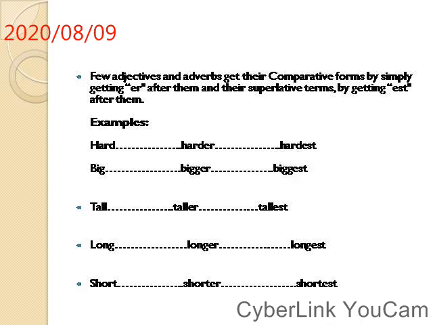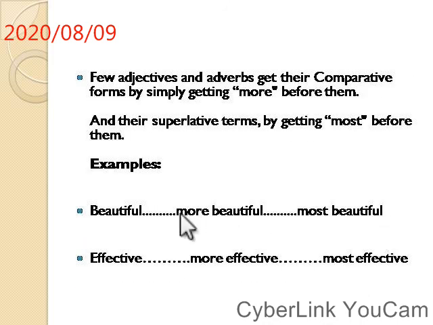Okay. If it is this way, then it should be as beautiful as, more beautiful than, the most beautiful. In comparative degree, the adjective should be followed by than. And in superlative degree, the adjective should be preceded by the: the most beautiful. This is the way you must present positive, comparative and superlative degrees. Okay, it's a very simple topic.